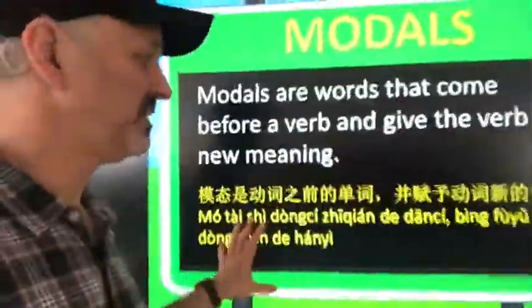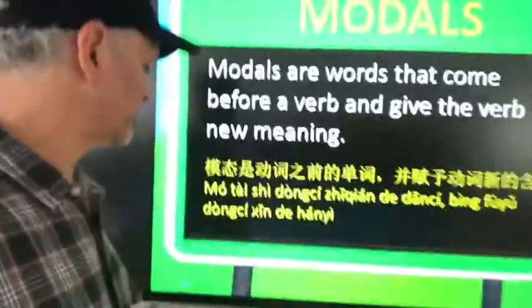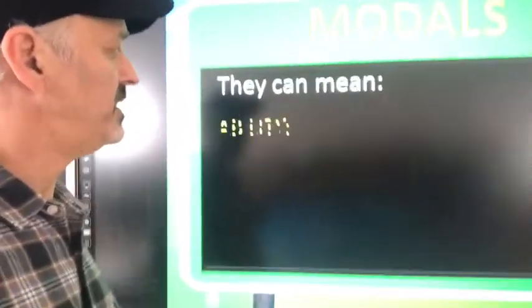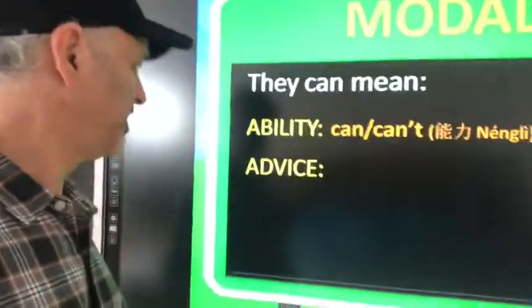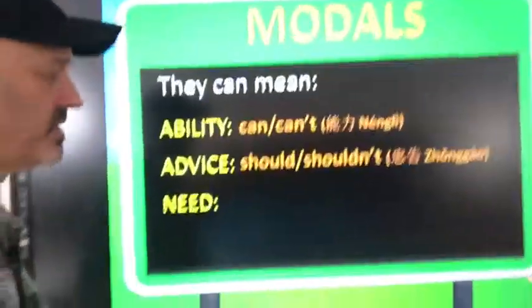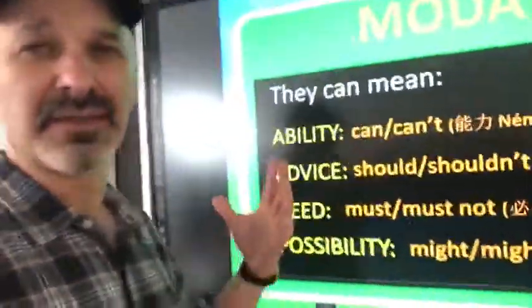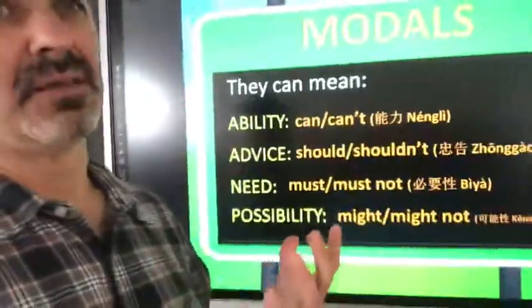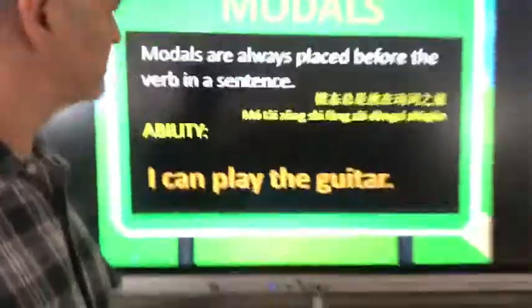Here I use the Chinese because I'm talking about things that are maybe a little more complex. So I use the Chinese here. 7th grade, they're certainly starting to understand basic conversations. I give them what modals can do. They can change it to mean ability, can or advice, should or should not, need, possibility. Give them some examples here. A lot of this I based on the ESL library's lesson plan, but not all of it. Just some of the ideas, some of the examples.